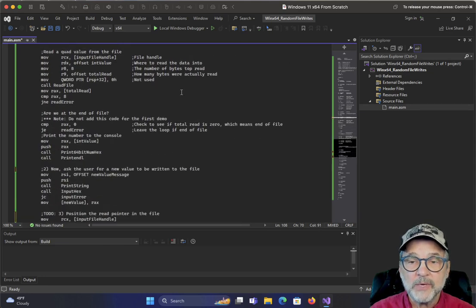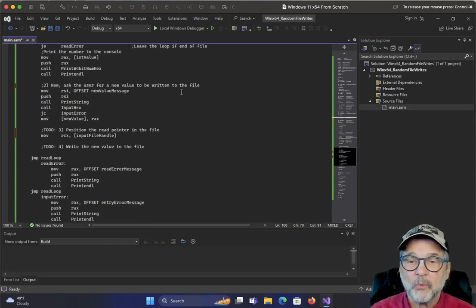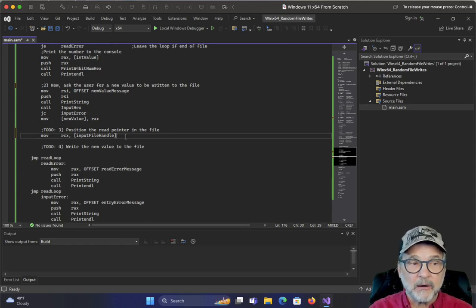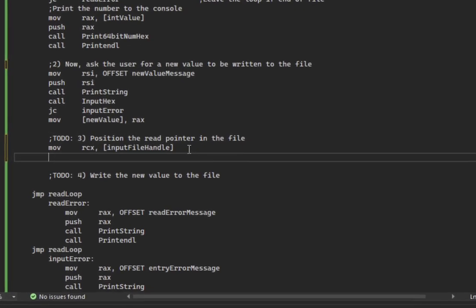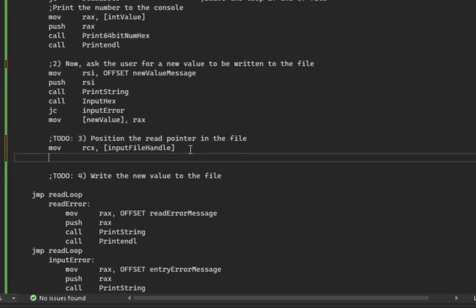Okay, so we did that. Sorry I missed that. We're back on track now. So we're going to put that file handle into RCX, the actual value in that variable. What else am I going to do? I'm going to move into RDX,